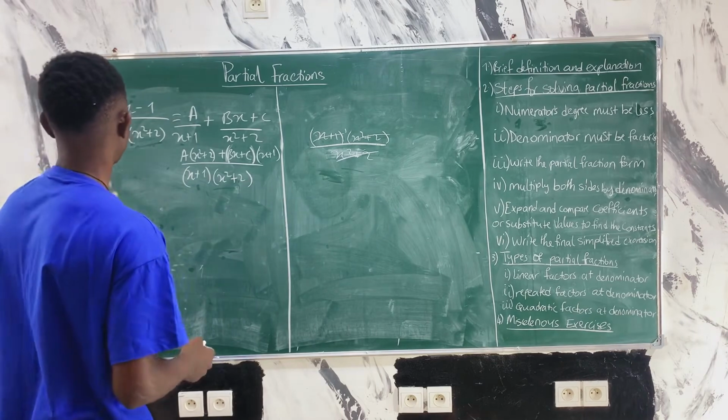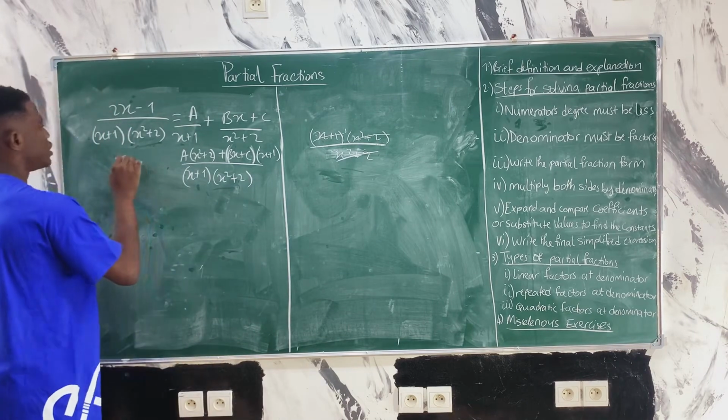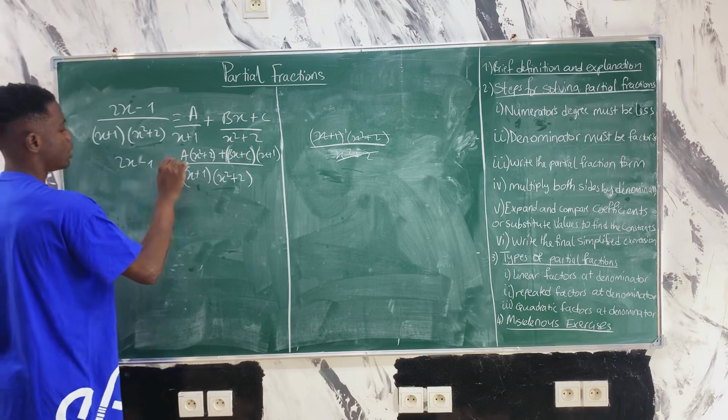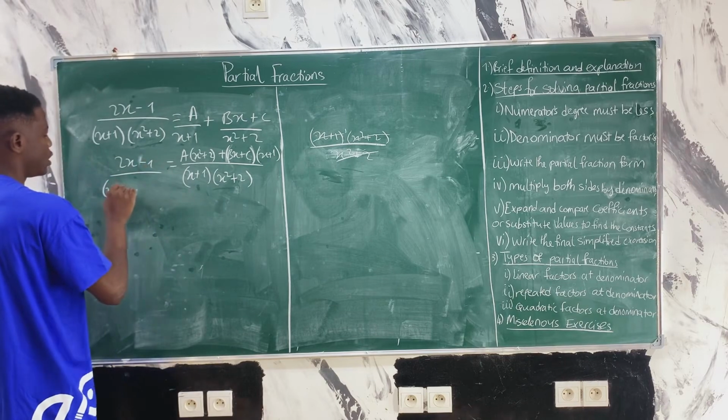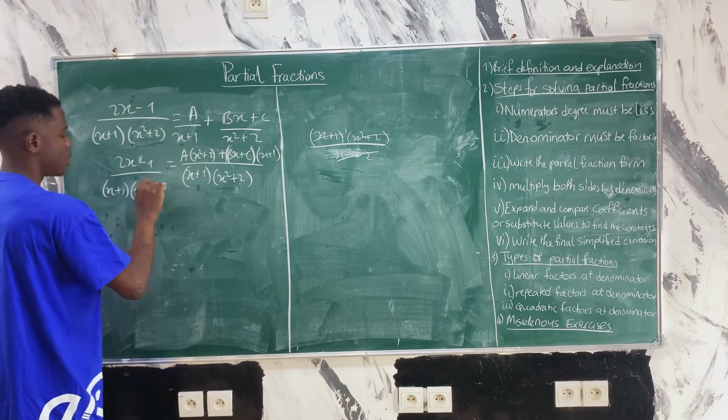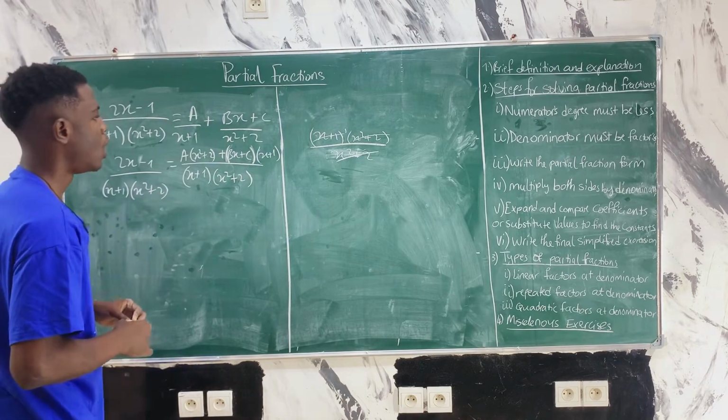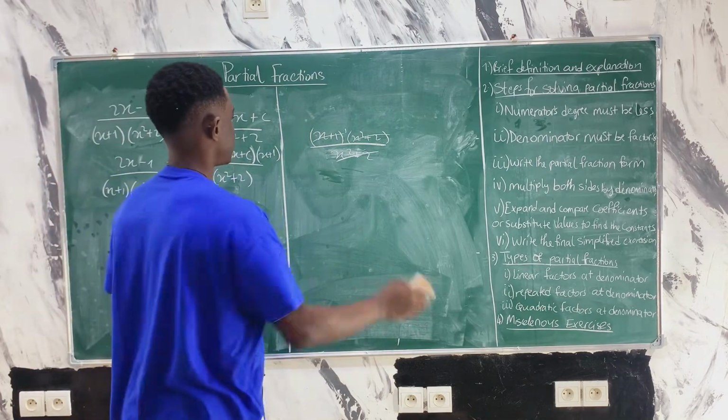Okay, so when I've done my LCM, I can copy back this. Nothing here I've changed. I have 2x minus 1, put my equal sign, x plus 1 into x squared plus 2. Okay, so from what we have been doing, we see that